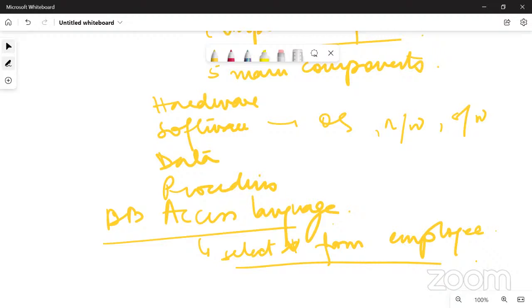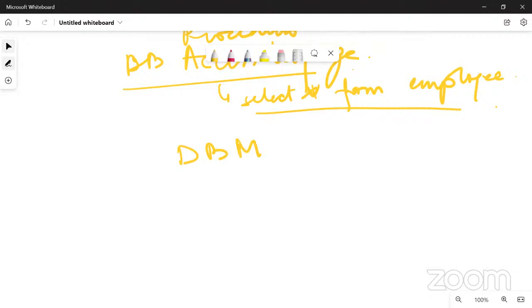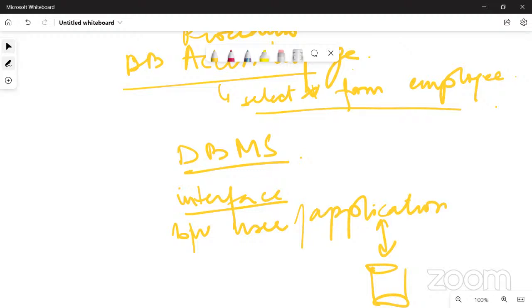Now, the next thing after this is, what is a DBMS? What is a database management system? A database management system serves as an interface between the user or the application, it could be an application, and the DB itself.